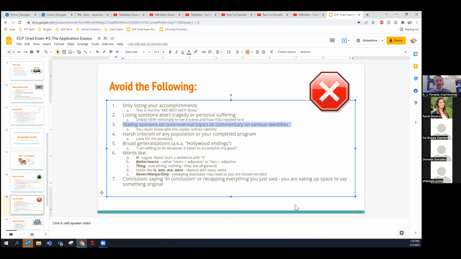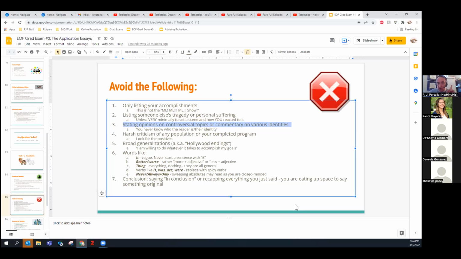For example, there's an example of a Harvard essay where the applicant wrote about volunteer work that they did in Haiti. And all the person talked about was how those people suffered and what their opinion of it was. Not keeping in mind that the person reading that essay was from Haiti and was offended, because there is a rich culture in Haiti. And it is not only just suffering, that there are personal parts to their identities that went unnoticed and ignored by the applicant. And you don't want to offend the reader.